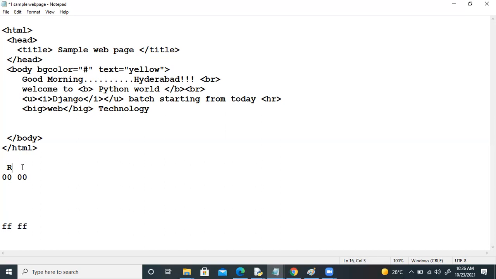This is for green. Blue color also. So blue color also, right? Start with 0, 0 and FF. Understanding? So if you want the combination of RGB, you can just give the values accordingly. Means if you want a specific color, you can get a specific color, or you can give the combination mix of all these colors. For example,